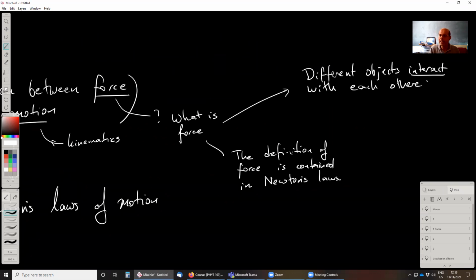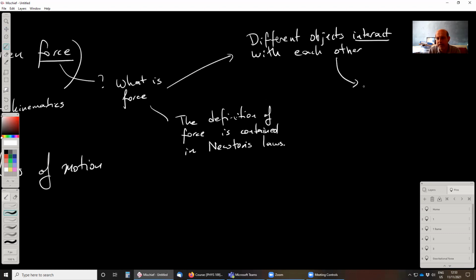I mean, they can interact with each other in different ways. Perhaps this is a magnet and produces a magnetic field, so somehow the other one feels the effect of that magnetic field as well. So that's also some kind of an interaction. So different objects can interact with each other. Sometimes they don't, but we're talking about the cases when they interact, which means, let's say, interaction